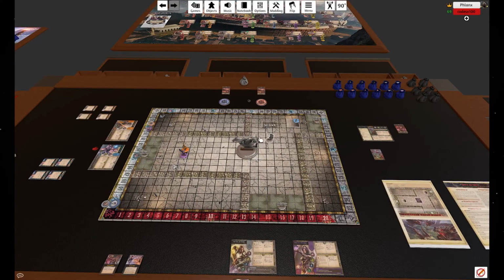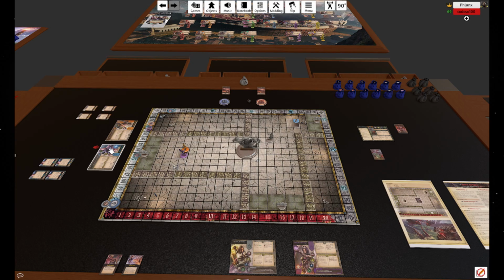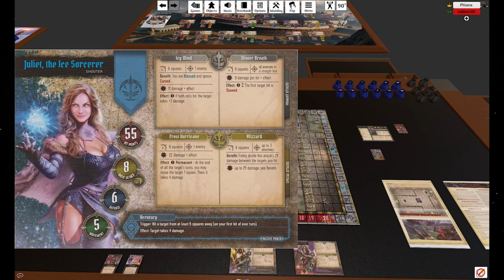So, you could do one of the multi-damage ones. At the end of all the target's turns, you may move the target 1 square, then I'll take 4 damage. Or you could do the Blizzard one. What's that? Freely divide this attack damage between the targets you hit. Oh, so basically you're just gonna do 25 damage. Right. Well, the permanent will be removed because of his refresh, but it will do